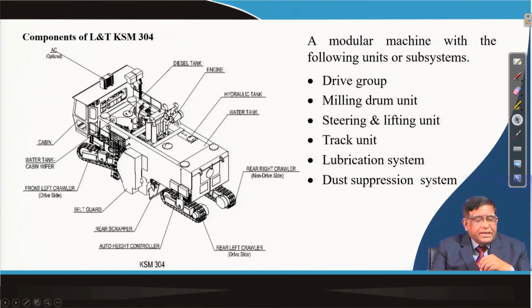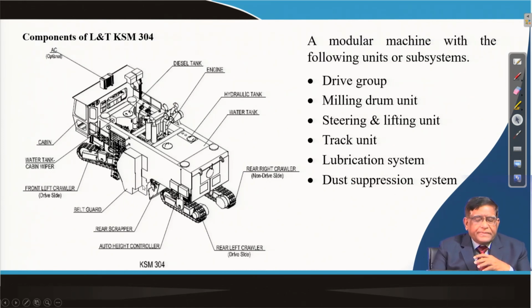And then the main thing, there is a belt drive, this belt drive is given to the drum, that is exactly where the engine is, from the engine shaft the power is taken by the belt to the shaft of the drum which is below, and that is why this belt drive is there.